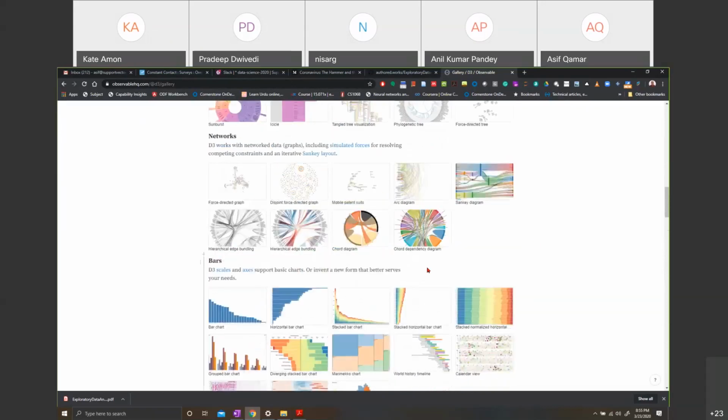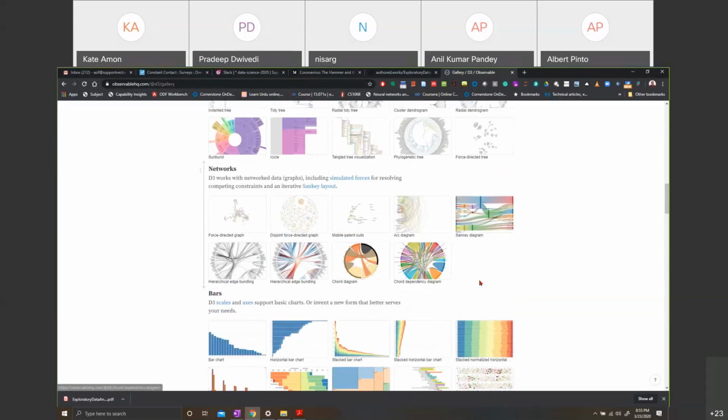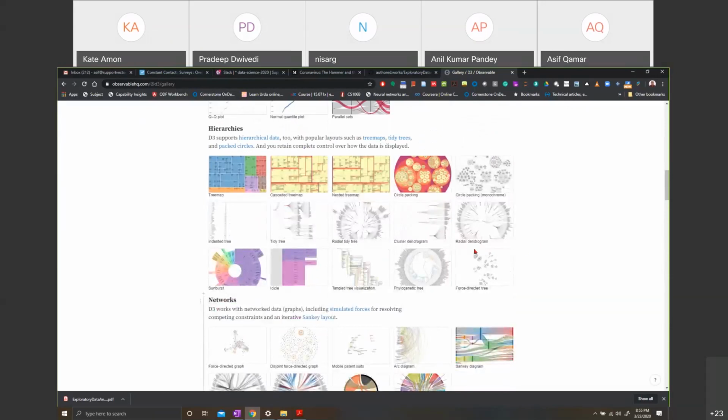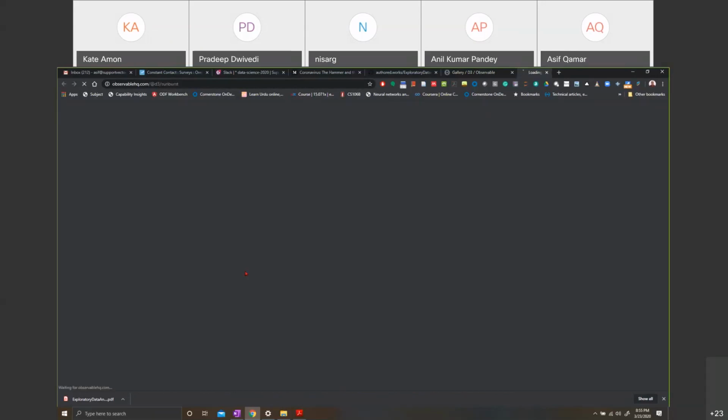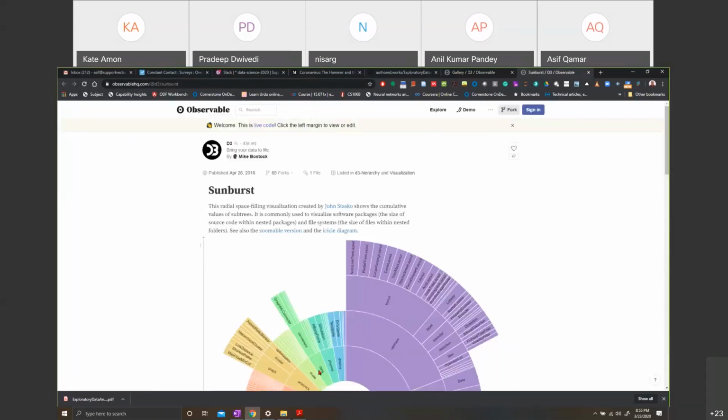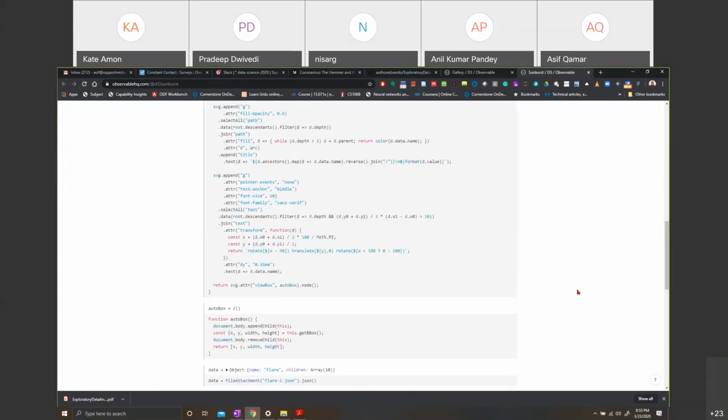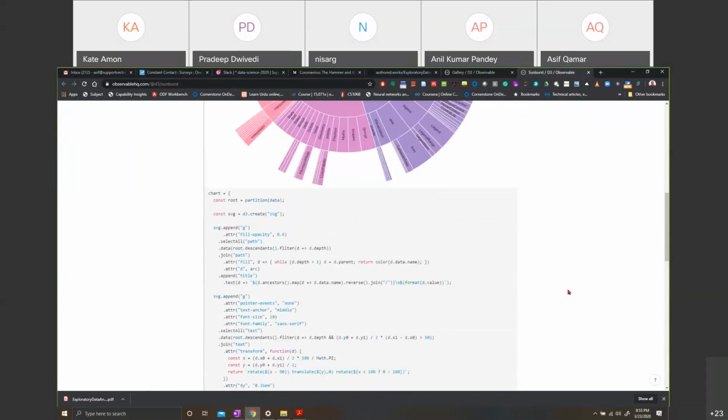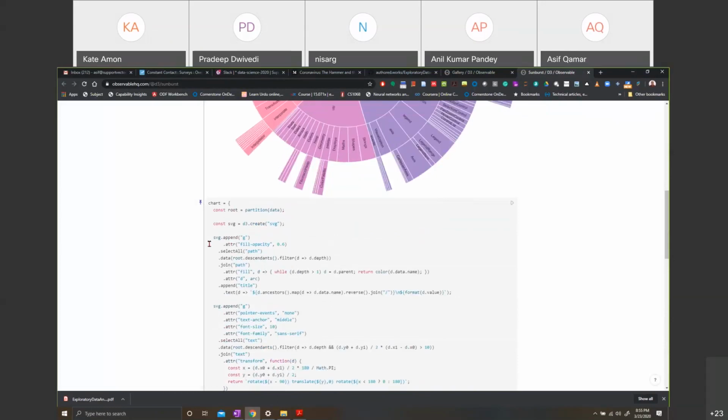So Asif, this is a JavaScript notebook? Yeah, these are all done in JavaScript. So suppose I take Sunburst. It's a hierarchical representation of data. Let us see D3 at play, I mean, the grammar of graphics at play here. You take a canvas. The very first thing you do is put a data layer. Do you see this, guys? A data layer.